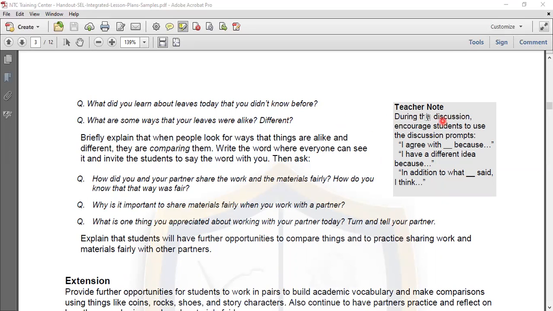Teacher's note: During this discussion, encourage students to use the discussion prompts: I agree with, because; I have a different idea, because; In addition to what said, plus I think. Briefly explain that when people look for ways that things are alike and different, they are comparing them, right? The word where everyone